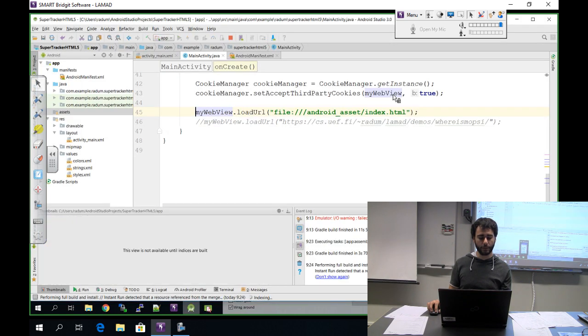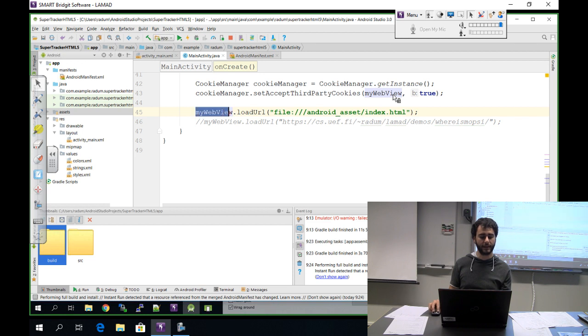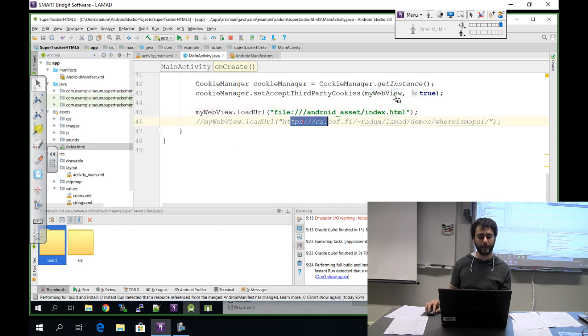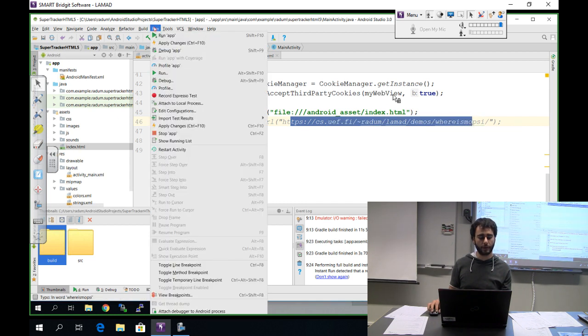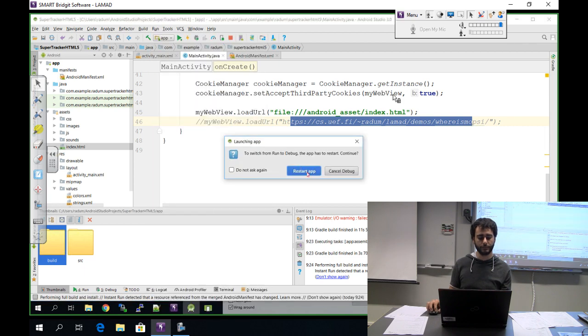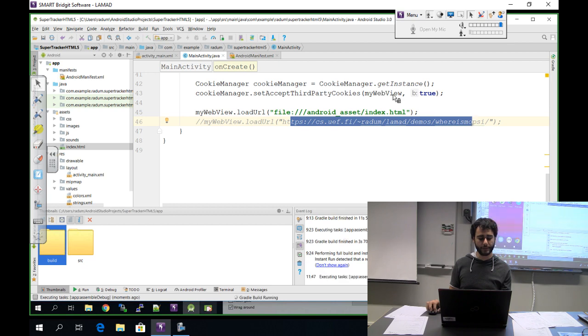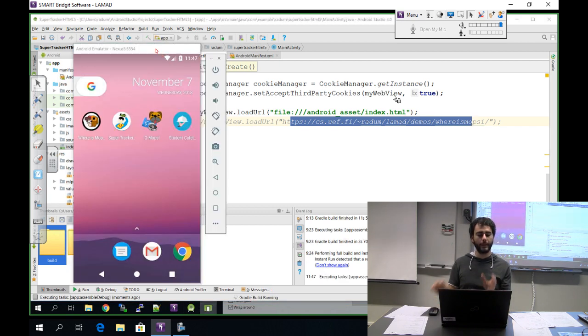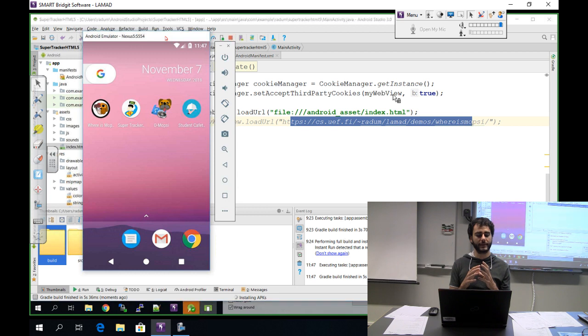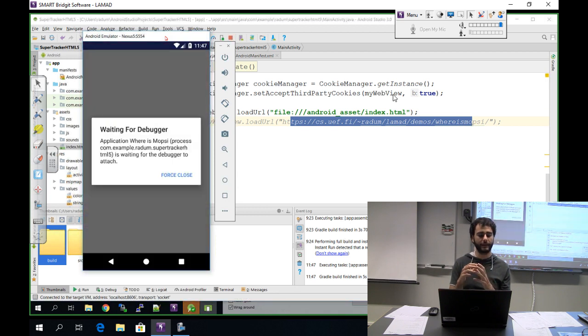Now I go back to the code, and I simply say that I want to load from the assets directory index.html from here. So I don't have any more real URL from the internet. I just want to load the web page from here, and I'm going to debug this app on my emulator here. So I'm using Nexus 5 as the emulator, and now it's compiling. It takes some time, but now it loads the app locally, so it's not going to need internet